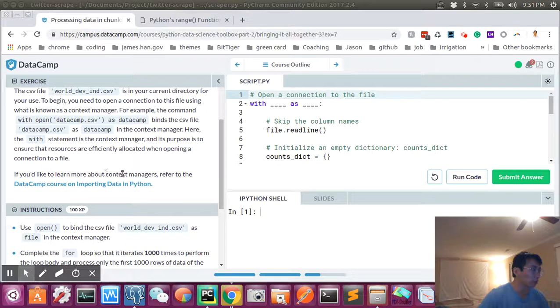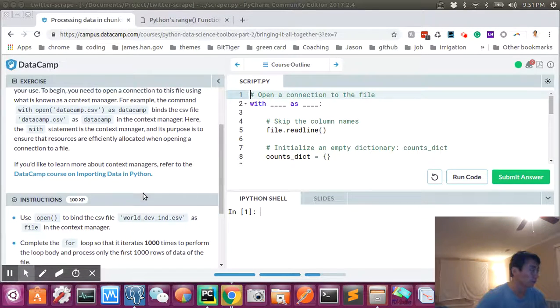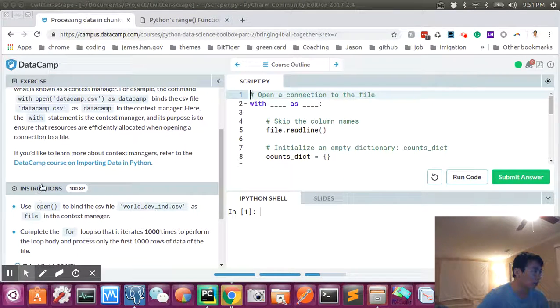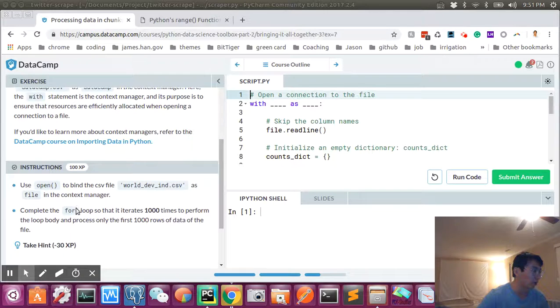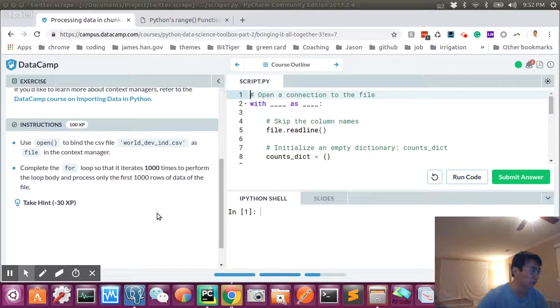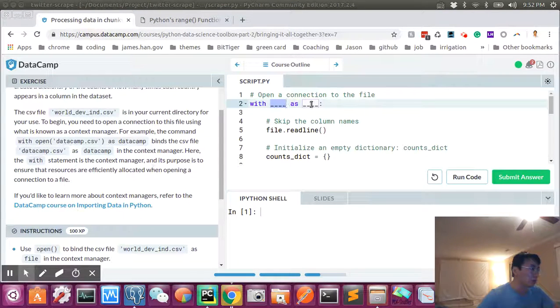Okay, if you'd like to learn more about context managers, we're going to talk about them in the future for sure. So the instructions: use open to bind the CSV file world dev in CSV as a file in the context manager. Then write a for loop that runs the first thousand times, so perform the loop body and process only the first thousand rows of the data file. So with, let's see, with